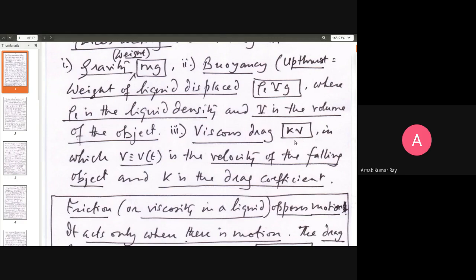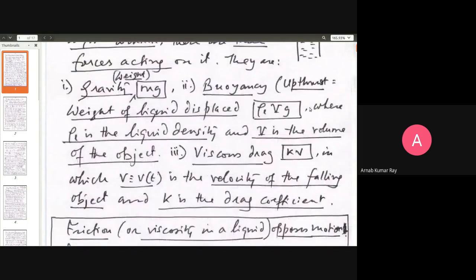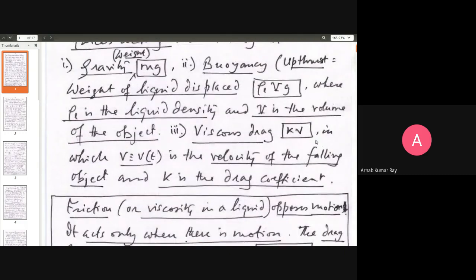So what happens is that we know this viscous drag will have a dependence on the velocity with which the object is traveling through the fluid medium. And so for simplicity we are writing this viscous drag to be proportional to the velocity itself, first power of the velocity, where k is the proportional constant and v is the velocity of the falling object. Remember that there are two v's over here. This v is the velocity of the falling object, which is a function of time, and this v, written slightly differently with a script, is a fixed value, the volume of the object. So don't confuse the one v with the other.